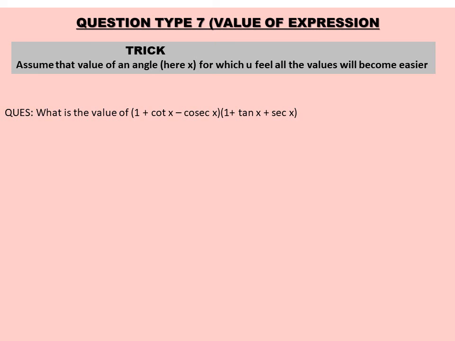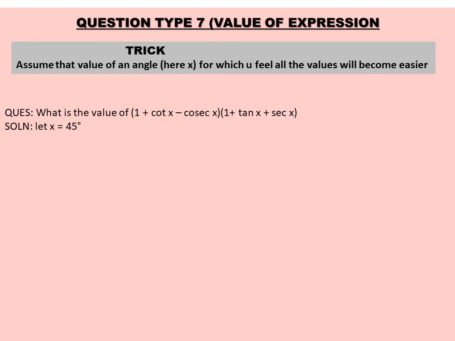If in the equation you see sine, always take 0 degrees. If you see somewhere cos, take 90 degrees. And if you see somewhere tan, then take 45. This is the simple way to remember. Sine के लिए you will take 0, cos के लिए you take 90, and tan के लिए you take 45 degrees, right? So if you take this, here you can say it is tan. Tan is coming inside this. So let's take the value as 45 degrees.